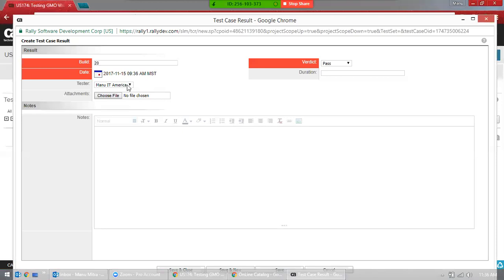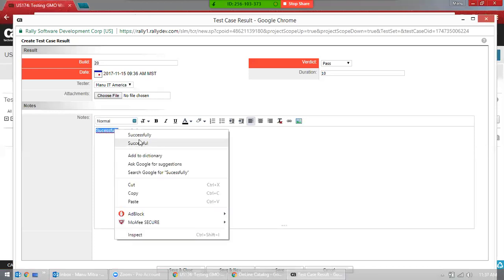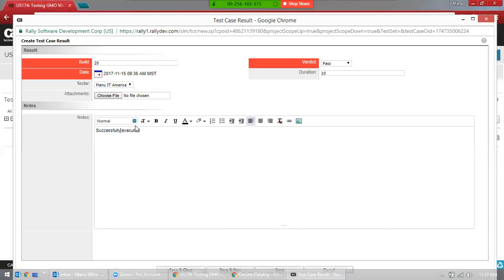Whoever wrote the test case will execute it. The same person will be executing. And you want to write notes here. Executed test cases for GM1.